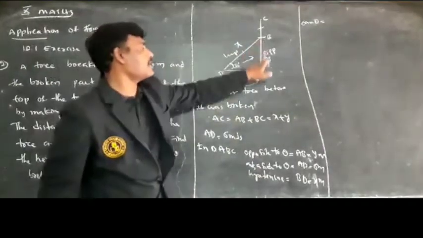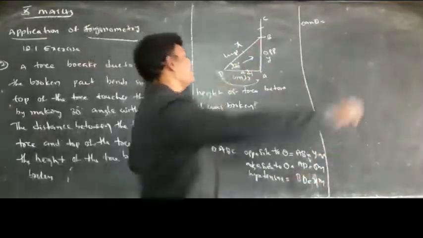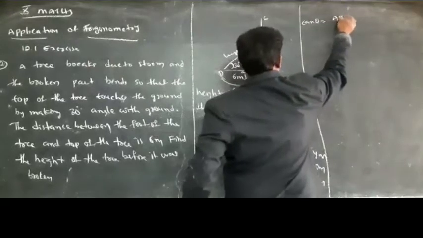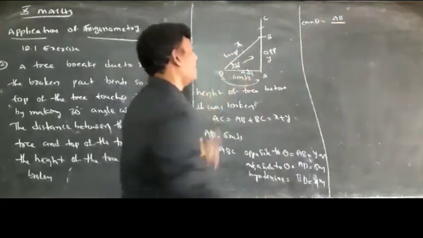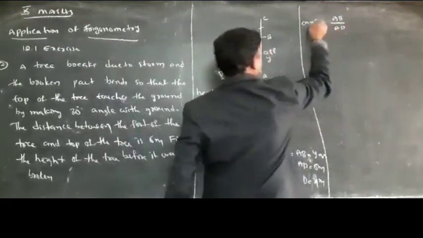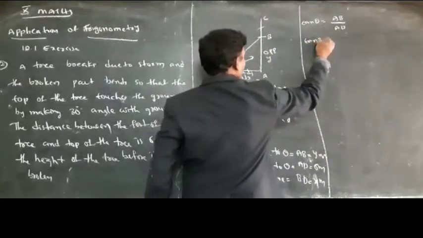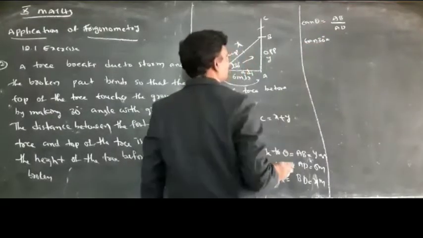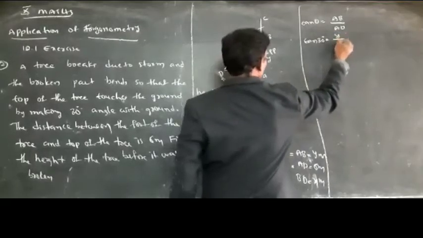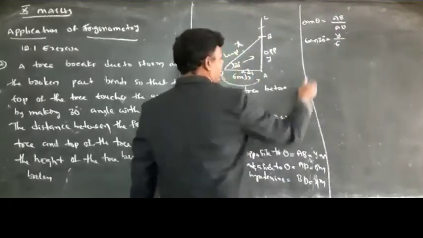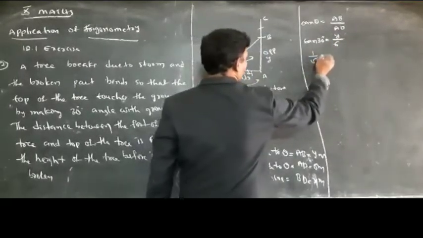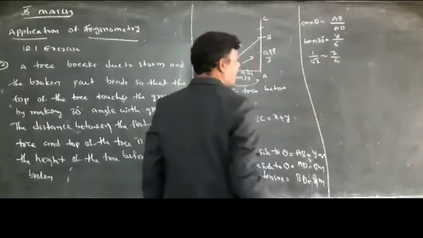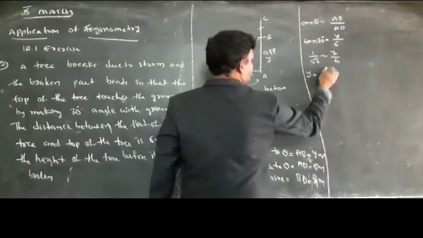Here what is the opposite side? AB is the opposite side. It means AB by AD. Tan theta means tan 30 degrees is equal to, what is the AB? Y by 6. Tan 30 value is 1 by root 3. 1 by root 3 is equal to Y by 6. Then Y is equal to